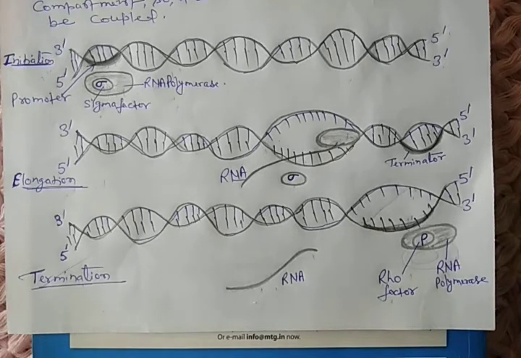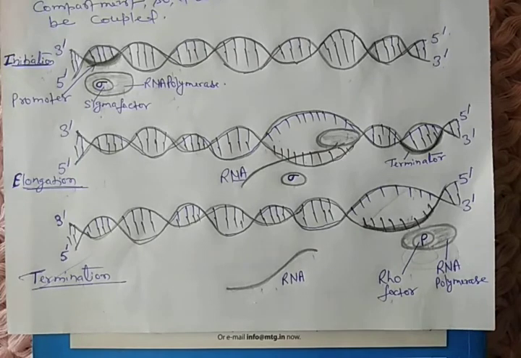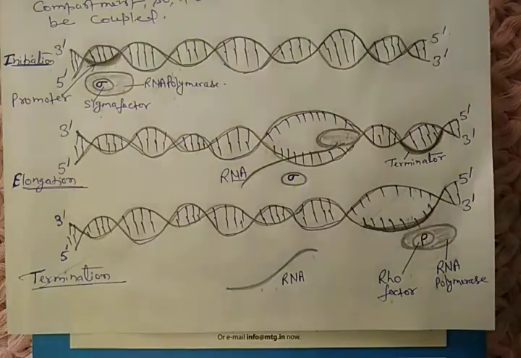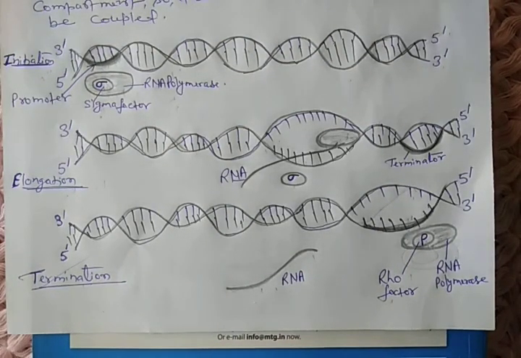So there are different types of genes found in the DNA. Some are structural genes, which are responsible for the synthesis of enzymes or proteins. There are also genes which contain information for the synthesis of ribosomal RNA and transfer RNA. During transcription, the information of DNA is transferred into RNA, either messenger RNA, transfer RNA or ribosomal RNA. So different kinds of RNA are synthesized from the different genes present in the DNA.